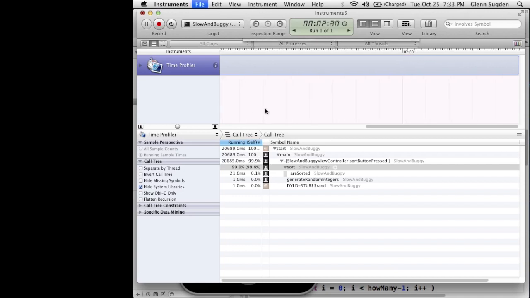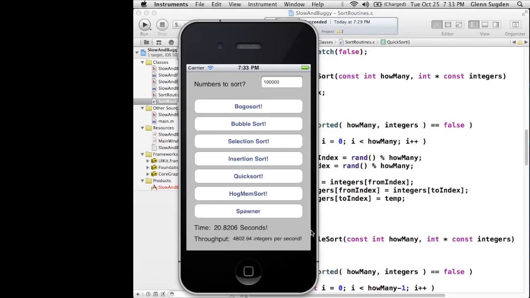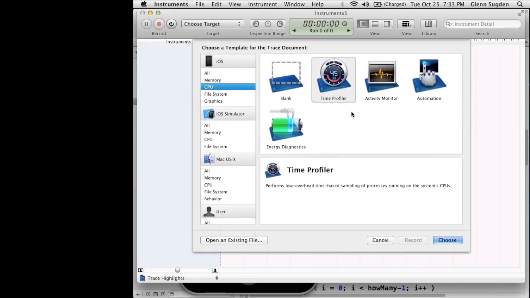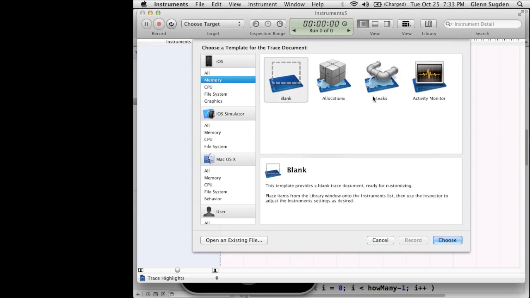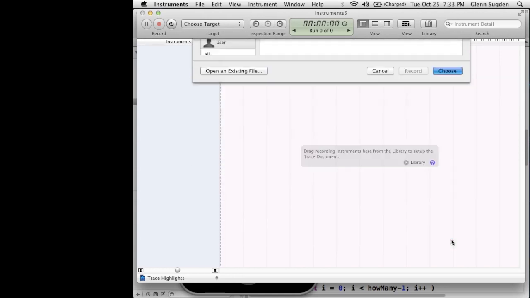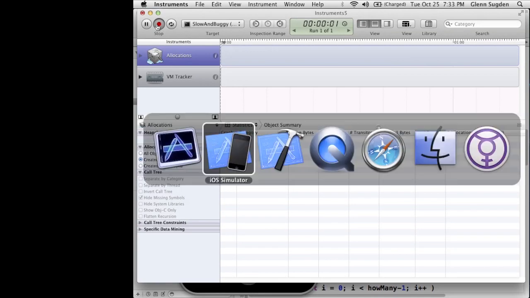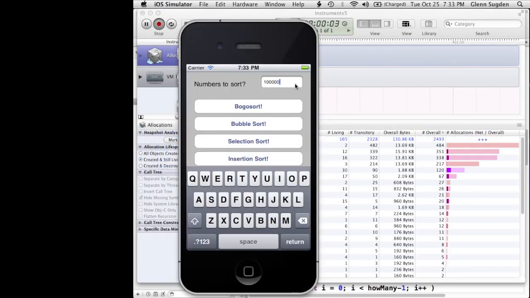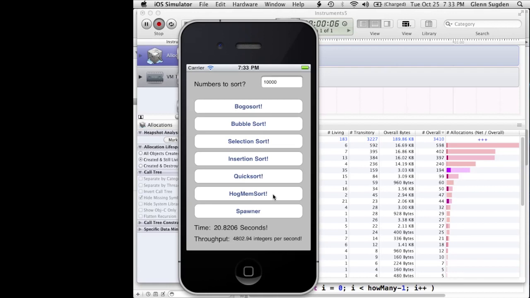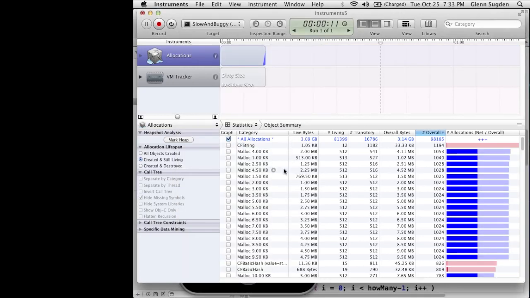So there's another application that you can check out. We'll take a look at the memory profiler, and we will attach it to Slow and Buggy, and we will start recording, and then we're going to switch over here, and we're going to say we want 10,000 memory allocations. Wow, that was fast. Okay, let's do 100,000 memory allocations, and as that's running, you can see that the allocations,